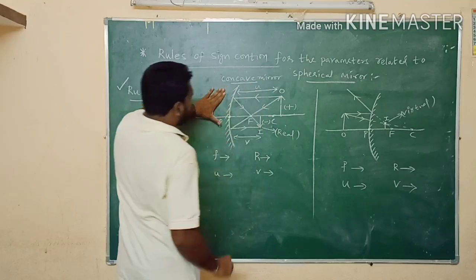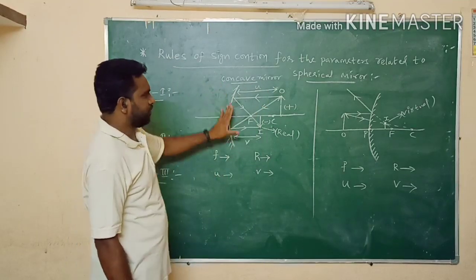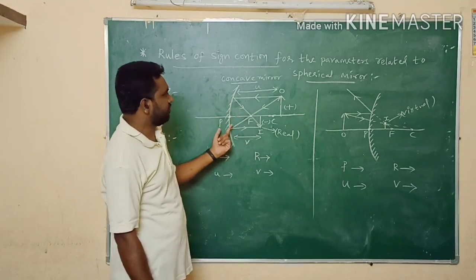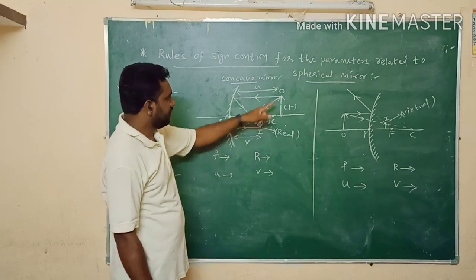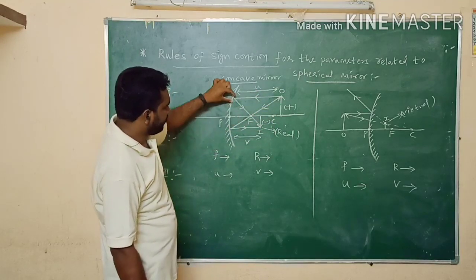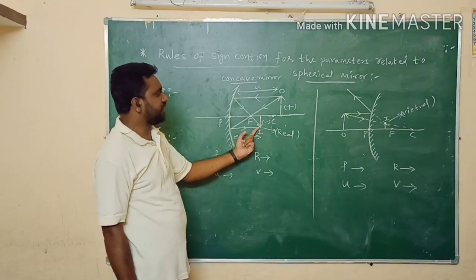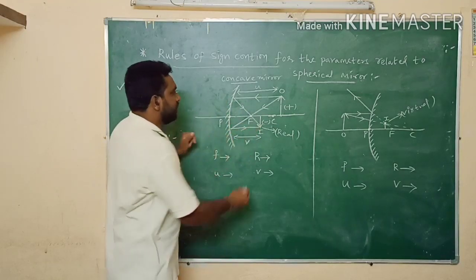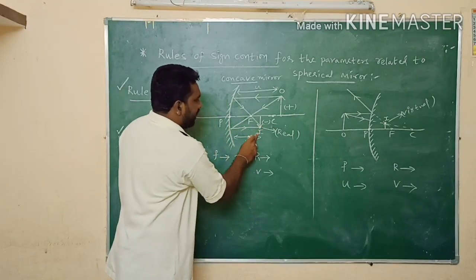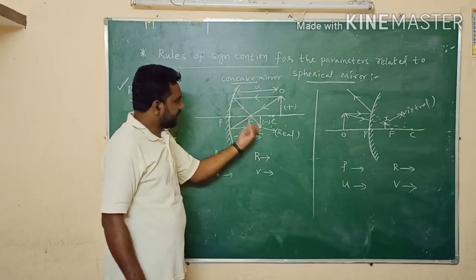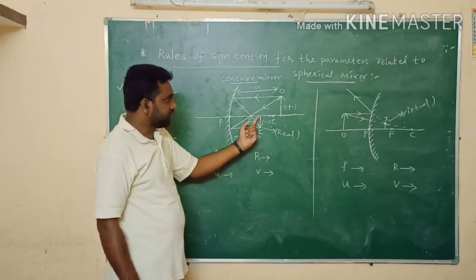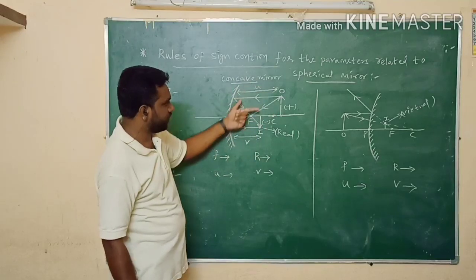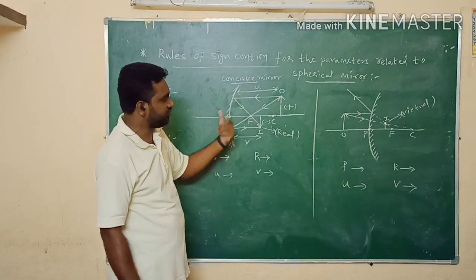This is an example diagram of image formation by a concave mirror. This is the object, and two light rays are coming from the object. After the reflection, they really converge at a point. At this point we get the image, I for image. Since they are really converging, we get a real image, and the real image is also inverted here. The object is above the principal axis, and the image is below it.